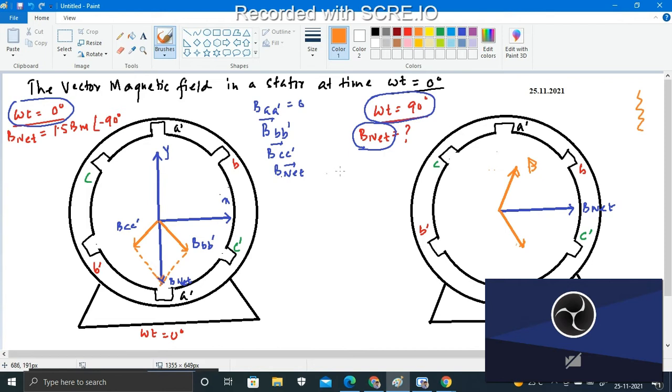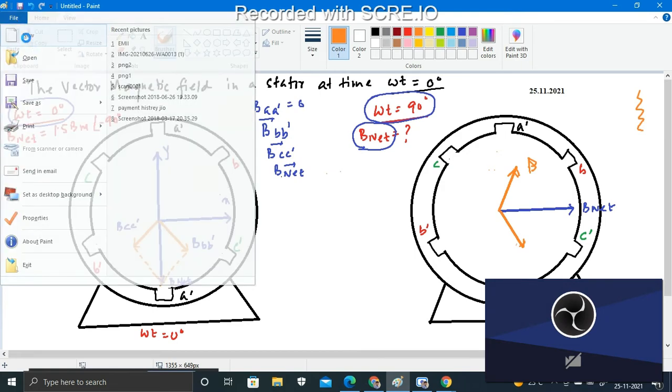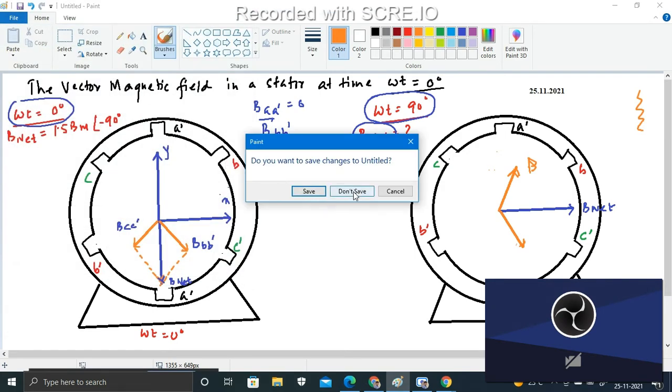What problem is happening? One second, I have a problem issue in my screen. Okay, I will go to the new page so that